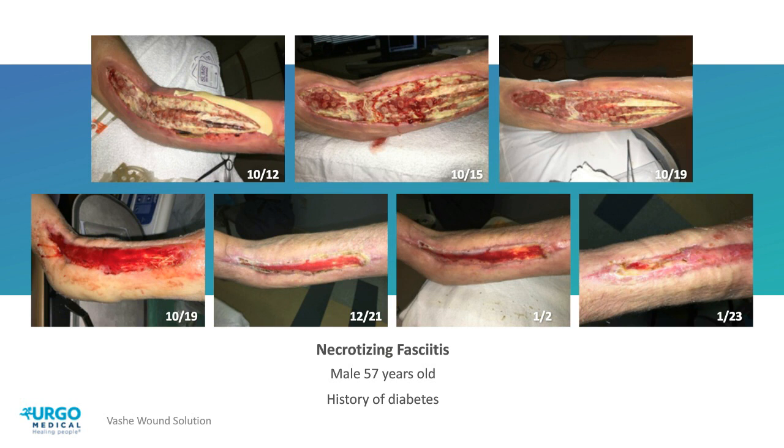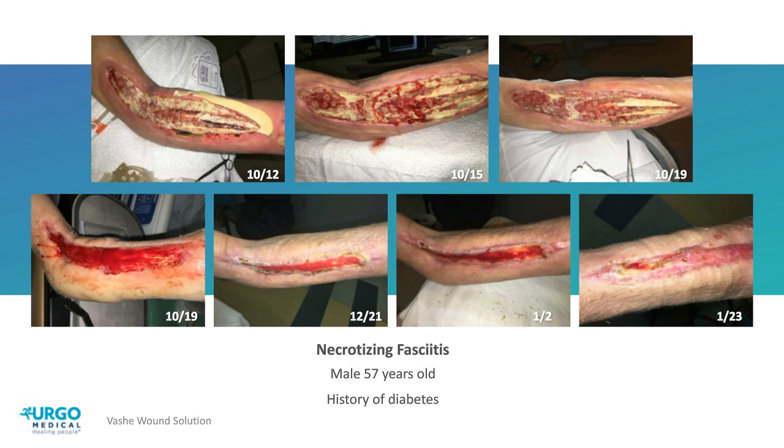As you can see in the first image, there's still quite a bit of devitalized tissue, including yellow slough, which is present in the wound bed. So we began with instillation therapy using Vericlenz choice dressing in conjunction with VASH wound cleansing solution. And after about 2 months, if you look down, you can see that there was a significant change in this